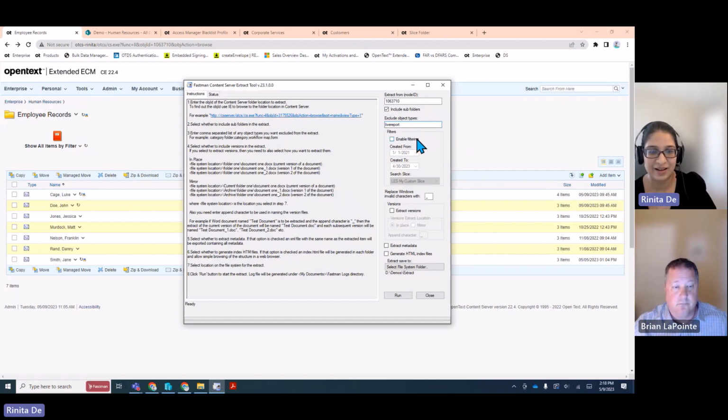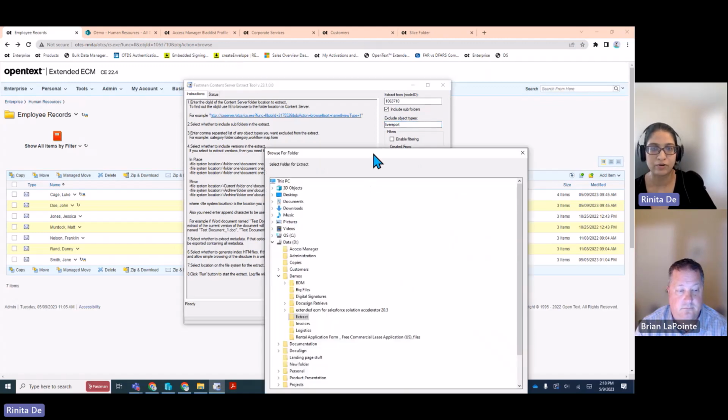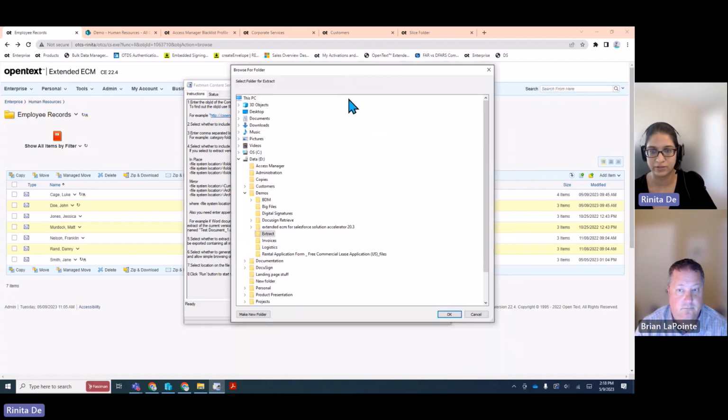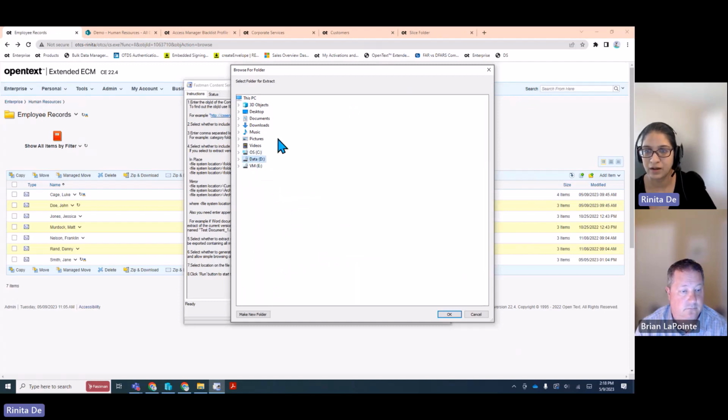And then up here, you can see I have other sections like, do I want to extract the versions? Do I want to extract the metadata and generate the index file? I don't want to do any of that, but I want to extract the latest version into SharePoint just for keeping it there, right? So up here, I have my C drive,